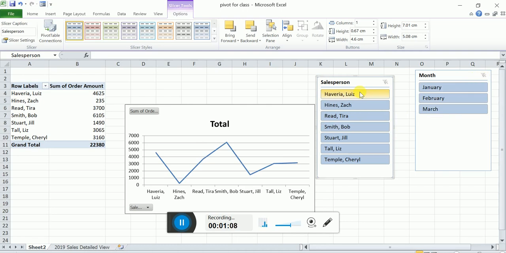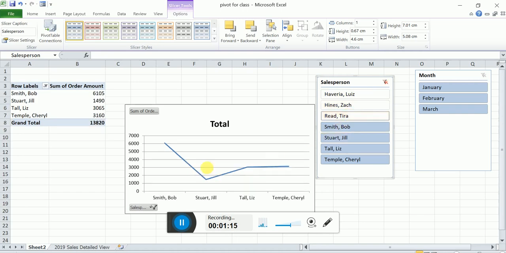Now we can see the performance of a few employees. So I can remove three of the employees. So this is the performance of the remaining four employees. I hope you understand from this what a pivot table is, what a pivot chart is, how it will be useful for drawing a diagram as well as a graph, and what the important purpose of slicer is.